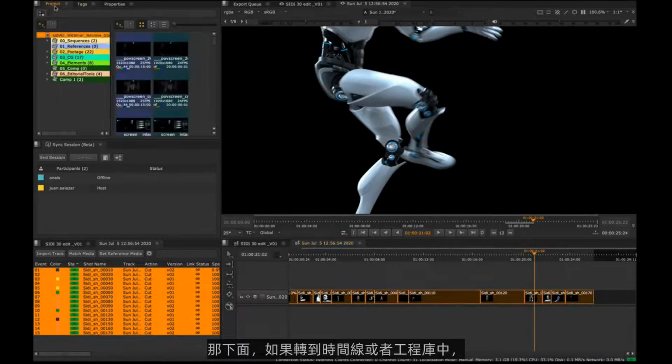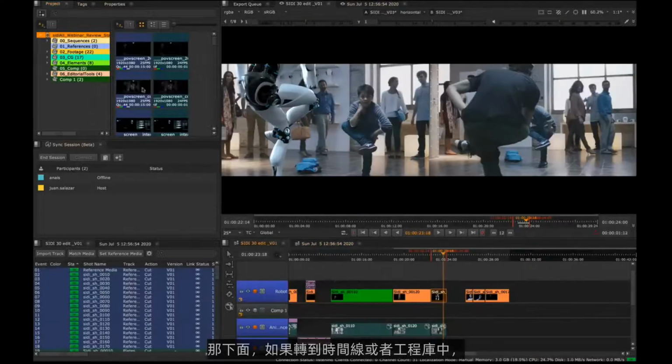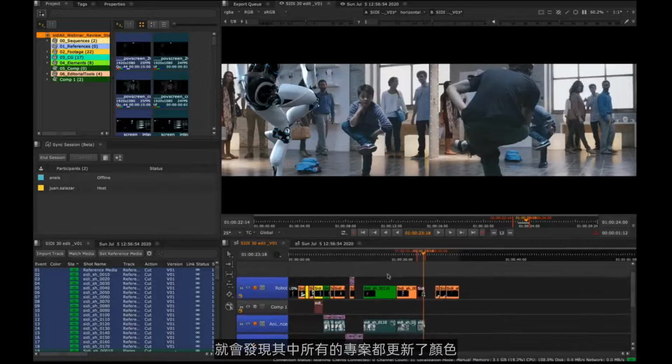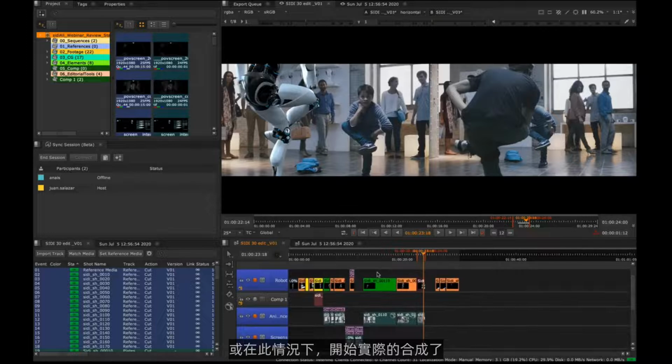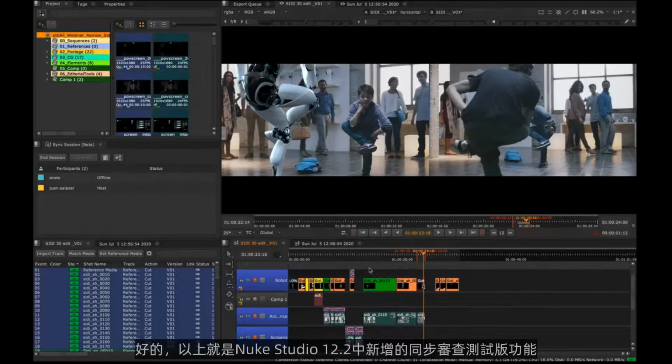And what is going to happen now is if I go to my other timeline or to the bin, all my items here have updated the colors, they have updated to the versions that were approved for the session. And now I can either publish this to the database, or in my case, I'm actually going to start making the comps, and I'll take you through that as well. So that is the new sync session beta feature that we have in Nuke Studio 12.2, and